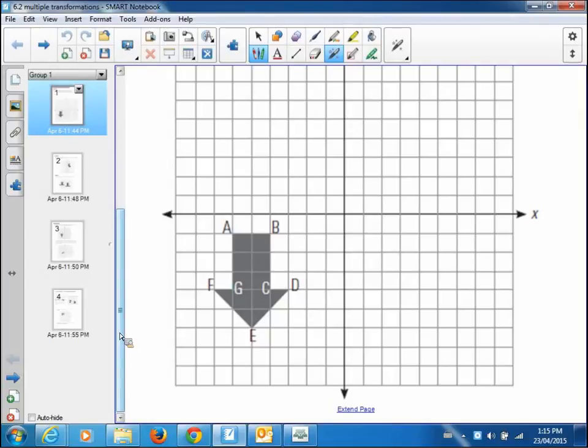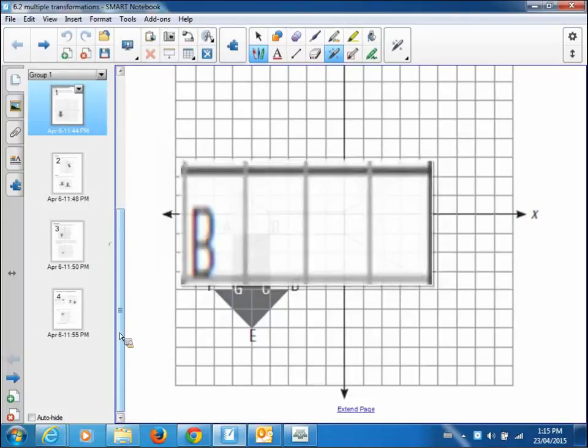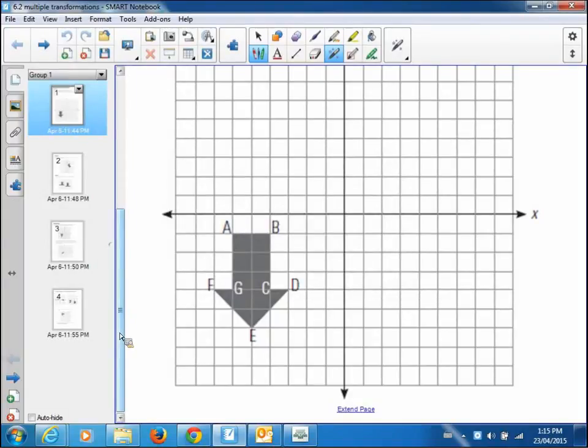A, B, C, D, it doesn't matter which one. B, looks nice. I like doing B too. So if you think of B as being like here, and then you think I flip this up 90 degrees, it's now going to be